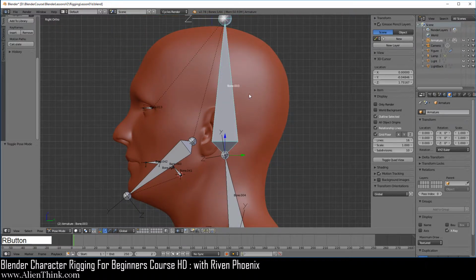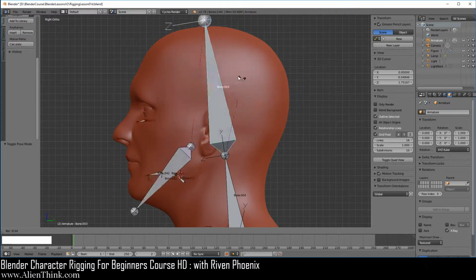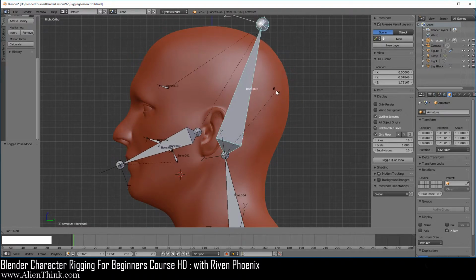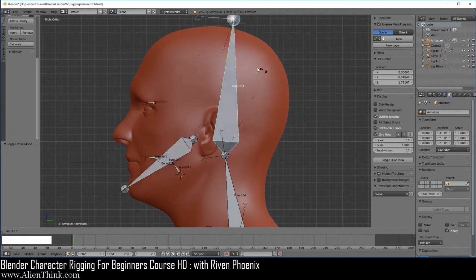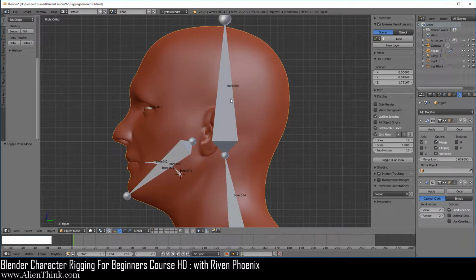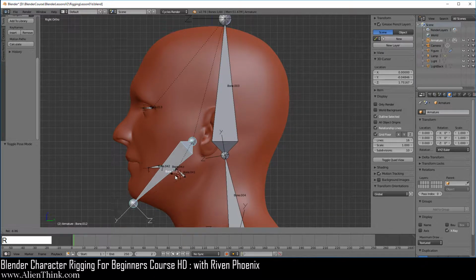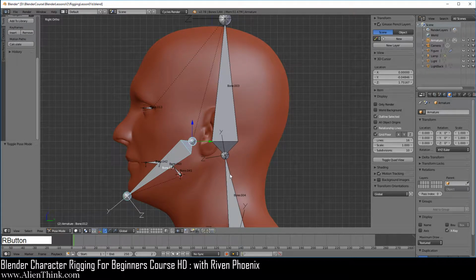So click on the head bone first and press the R key to rotate. Now the tongue moves where the jaw goes, right? So the eyes and the jaw and the tongue are now moving with the head bone. That's what we want. Right click to cancel that movement. Now click on the jawbone and press the R key to rotate, and you can see that the tongue is definitely moving, so that's a good connection.